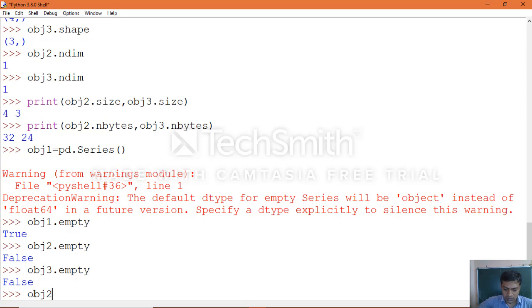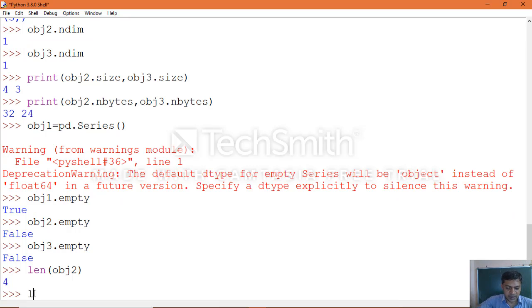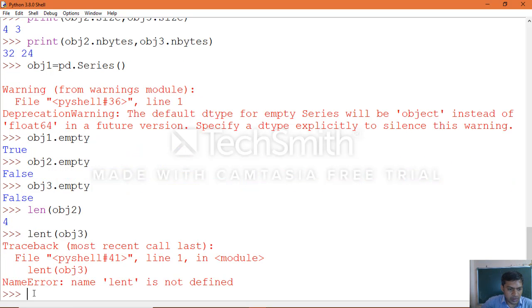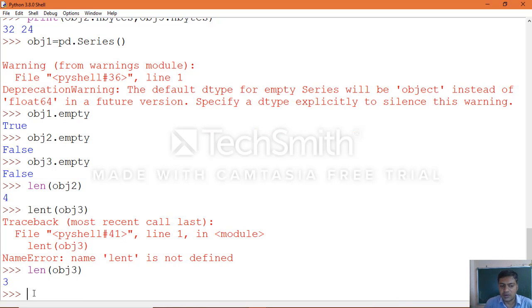For the length function, we pass as an argument len of obj2. Then you will get 4 elements, as we saw. Same manner for object 3. Sorry, we made a mistake: len of obj3. You will get the count including NaN values.